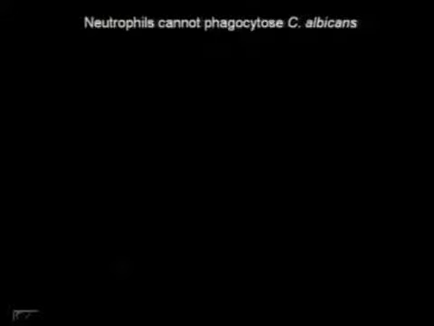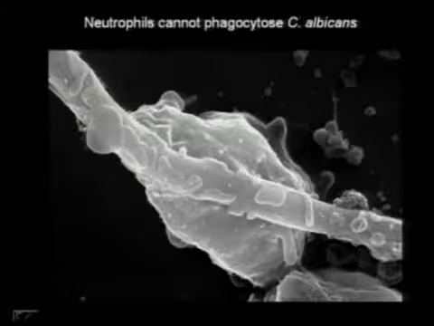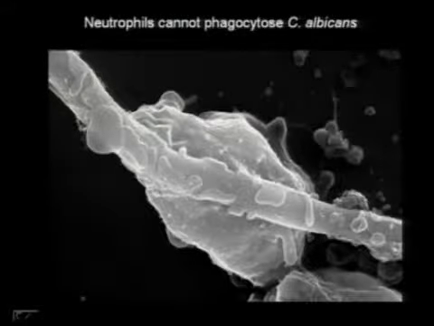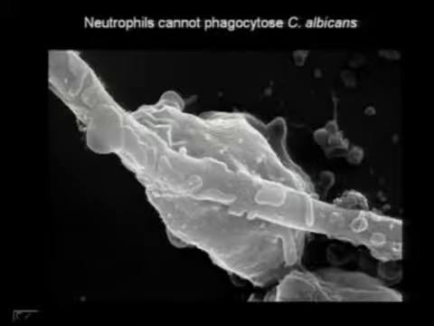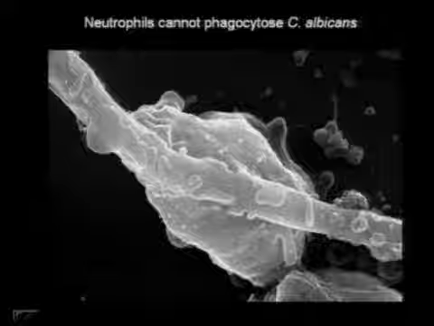So the significance of the nets is a question that we are very interested in answering, and people have observed them in different animals and in different infections. And one of the questions we had is fungi. So neutrophils are extremely sensitive to activation by fungi, and fungi are one of the best inducers of net formation. And actually, fungi are not very susceptible to phagocytosis.